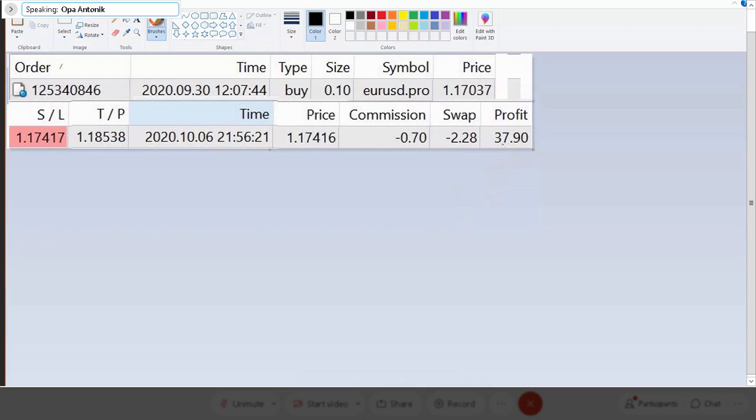Now remember, if you have several of these available to you because your account size allows you to put several on, remember, you need to have an account size large enough to handle multiple trades. So I'm only putting on one at a time for demonstration purposes. Hey, we still made $37.90, and believe it or not, that amount is a significant amount here for the